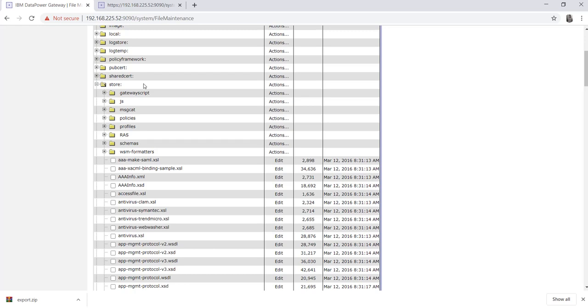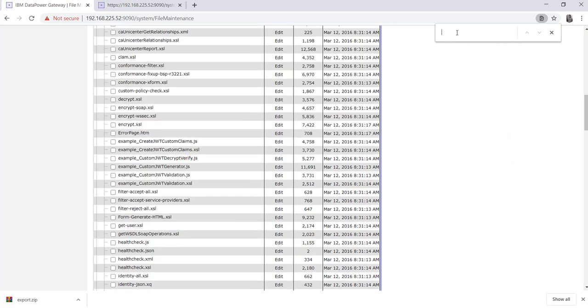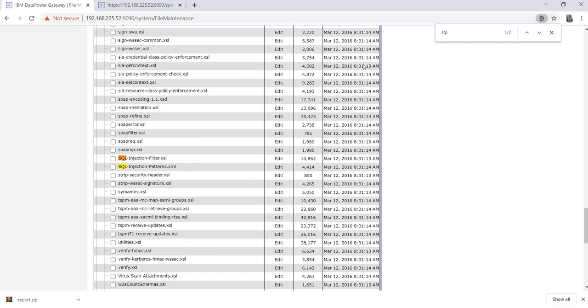As we discussed, if we want to secure our system from SQL injection, how will DataPower detect SQL injection? For that there are some SQL injection filter files. So when DataPower performs SQL injection filtering, it will use that XSLT file.